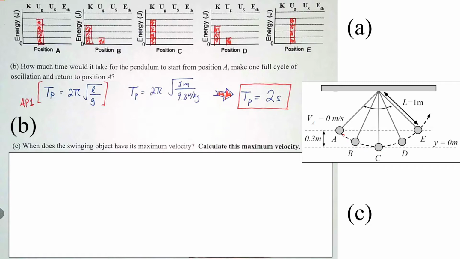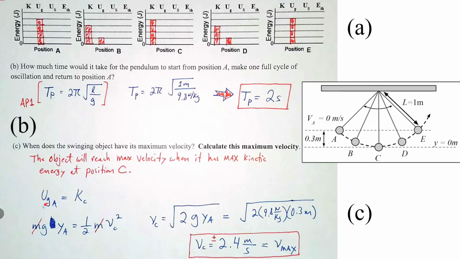So let's do an energy conservation problem. From A to C, it goes from initially only gravitational potential energy at position A, and all of that is transferred to just kinetic energy at position C. If we plug in our equations for both, we get mgy, the height at position A, is equal to 1/2 mv squared, where v is the speed of the object at position C. In this case, the masses cancel out, and